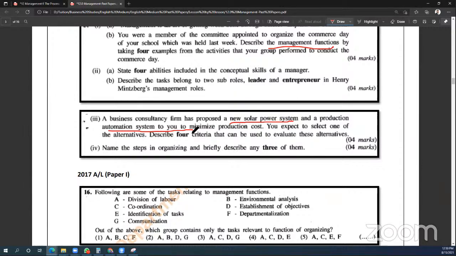Describe 4 criteria that can be used to evaluate these alternatives. Right? එහෙනම් one by one you need to make sure that how you do compare. Right? How do you compare that? Correct. මම හිතන්නේ ඔයාලට මම ඒක නැවතත් පෙන්නුවොතින්